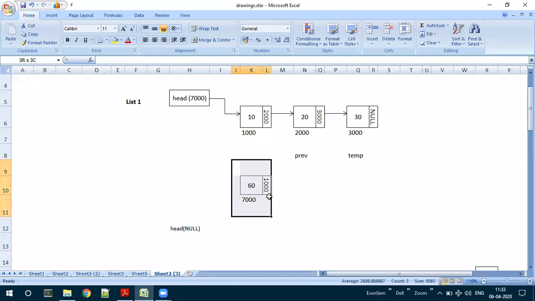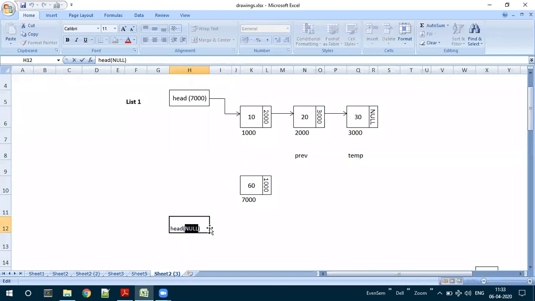In that case, once the new node is created, 7000 we have to update in the head part. So now this should be 7000. And the link part of the first node should have a null value, because before, the head was empty. So we have added the address of the new node to the head and the link of the new node we have updated to be null, indicating that we have added only one node to the linked list. Initially it was empty, so we have added one node, and obviously this will be at the beginning of the list.